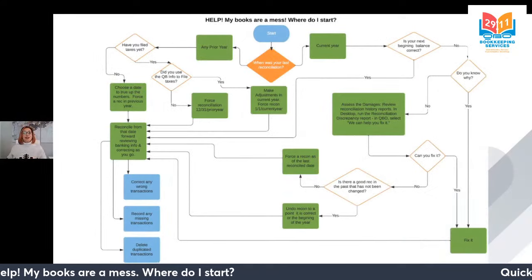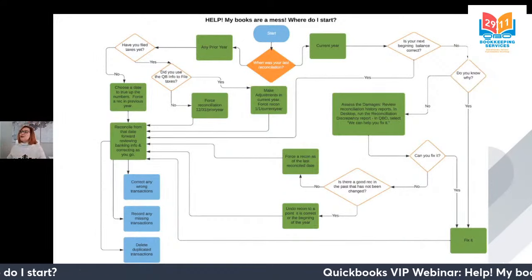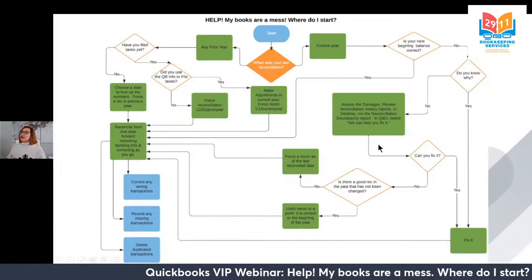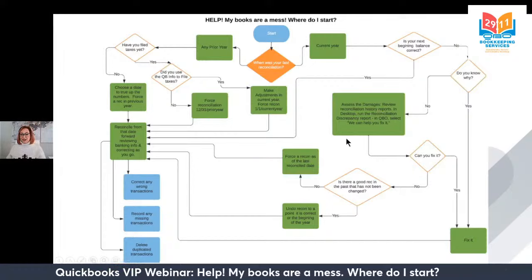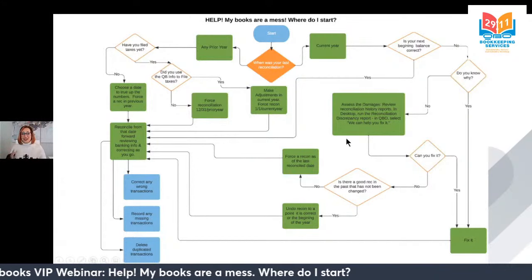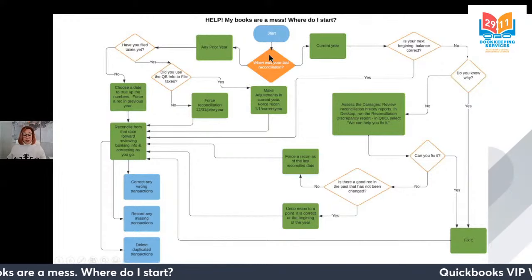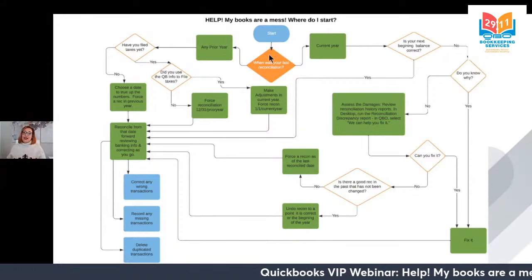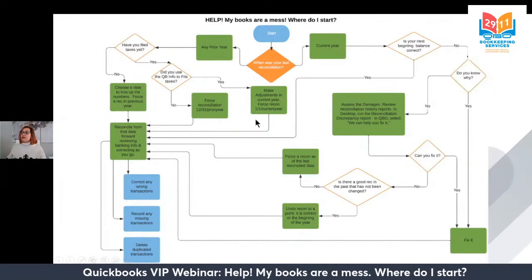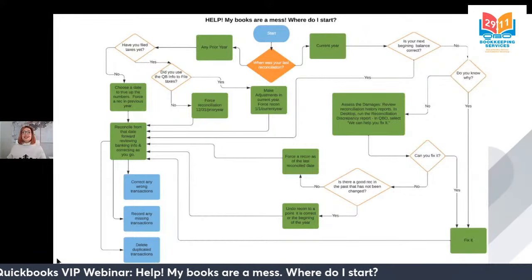Now, to review this workflow, this is the document that you downloaded. This flow chart is going to be your best friend as you're cleaning up your messes. Going through everything on this flow chart at once can be very difficult, and it's hard to sort through this to know what you actually need. So follow the flow chart. Ask yourself these questions and know if you're any sort of a mess, which path you need to follow to eventually get to the point where you can reconcile going forward.